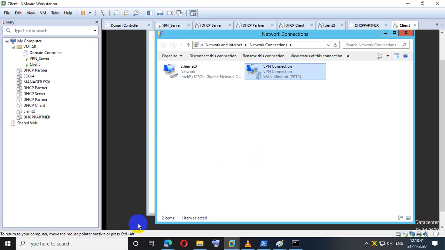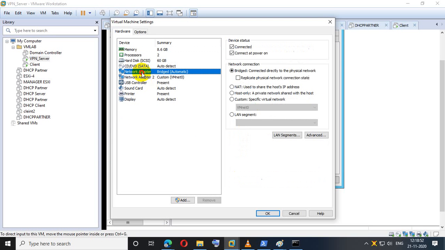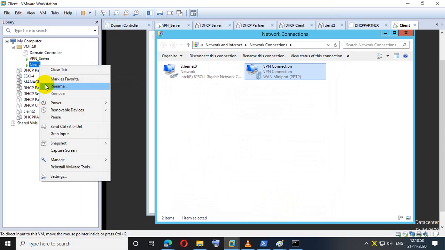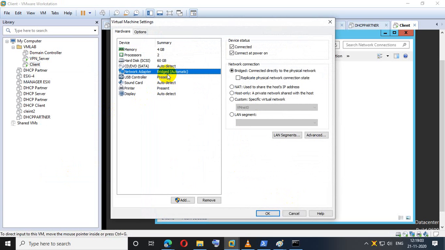So just understand the concept, because see here there are two options, right? As I have selected two options, one is the internet network, another is the VM networks. Just consider, my client machine is not connected in the VM network, it's connected to the bridge network, that means internet.